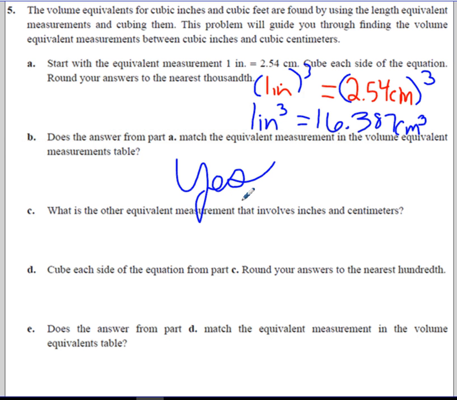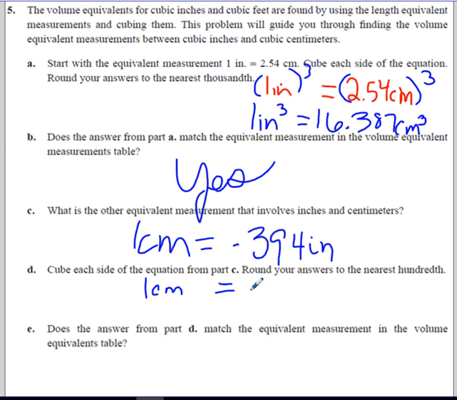And then it asks, what is the other equivalent measurement involving inches and centimeters? Well, instead of 1 inch, if we look at the metric to US, we have 1 centimeter equals 0.394 inches. So if we cube these, okay, so let's cube them